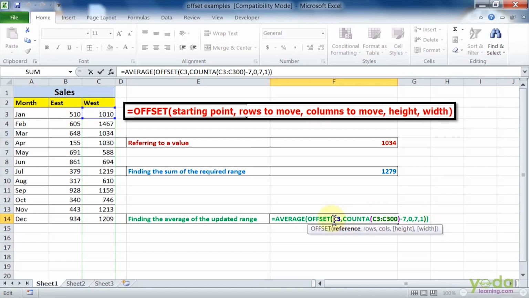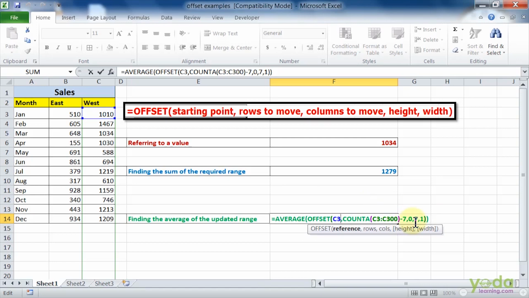Starting from C3, count the numbers from C3 to C300 and minus 7, whatever will be the output will act as the number of rows that offset will move from C3.